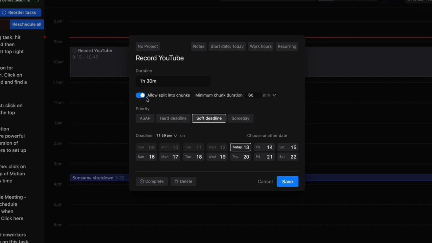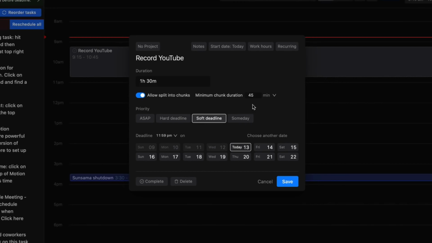So what you can do is allow it to split into chunks that are sort of 45 minutes long. And what's cool is that helps you to divide the task. And when the calendar reallocates it, it'll start to split it into chunks to make it easier. So you can get that task done without necessarily degrading the task to be done in a week